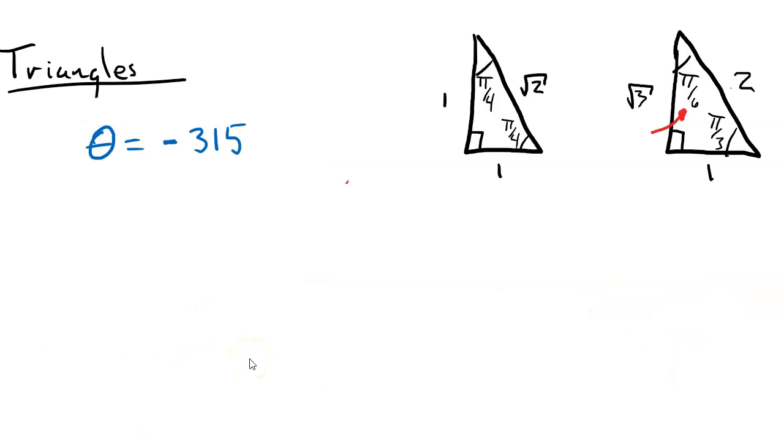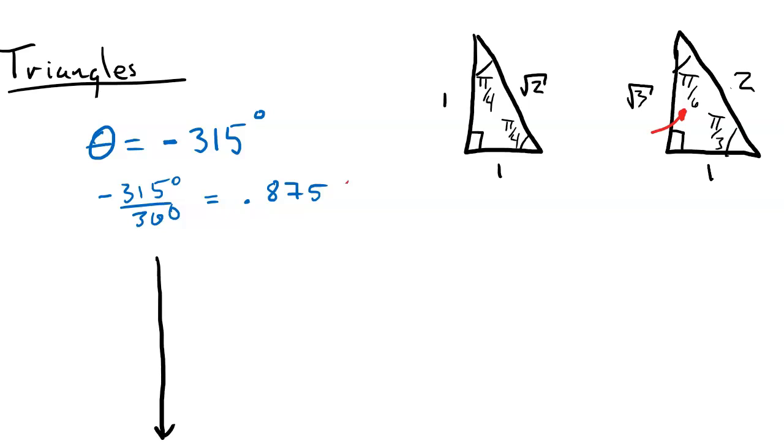Okay, so here we have an angle theta, and it's going to be negative 315 degrees. So when I was talking about the radians, I said you could see how far the angle rotated by doing the ratio of that angle over 2 pi. Here we can do this angle, negative 315 divided by 360, to see how far it gets. It'll be 0.875. Actually, this is pretty helpful. So if we look at the xy plane, now that we know how far it is rotated,